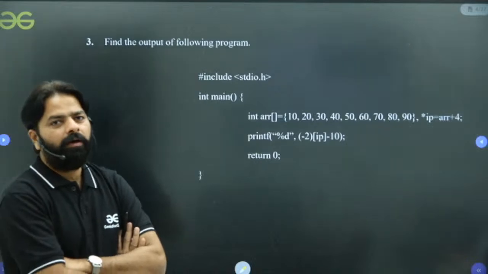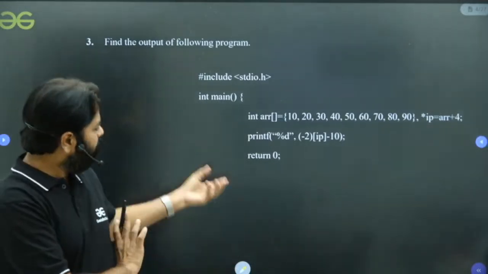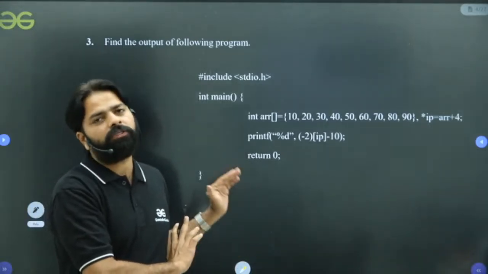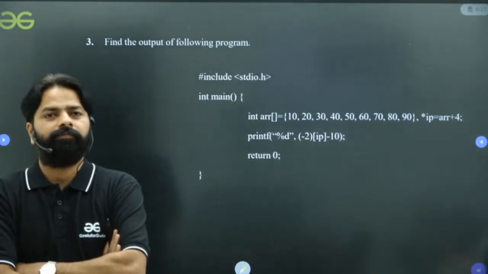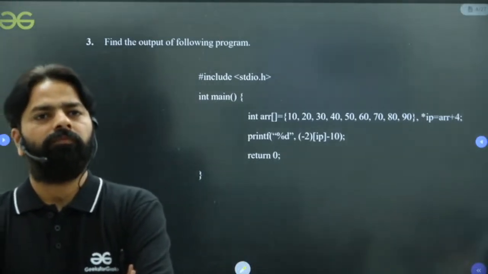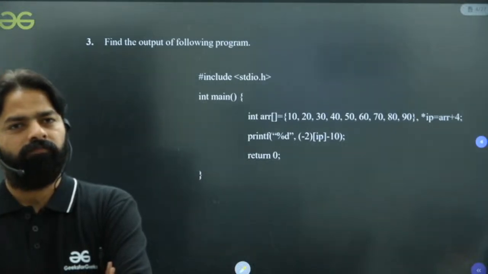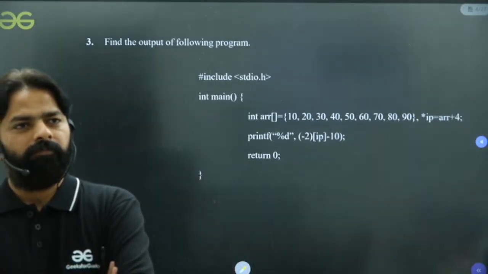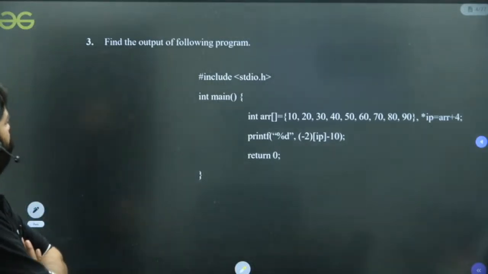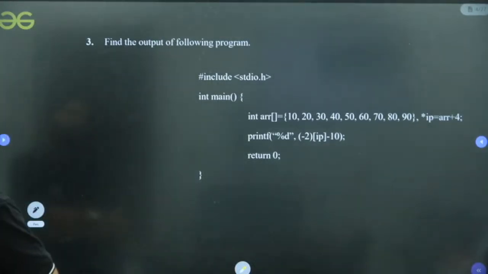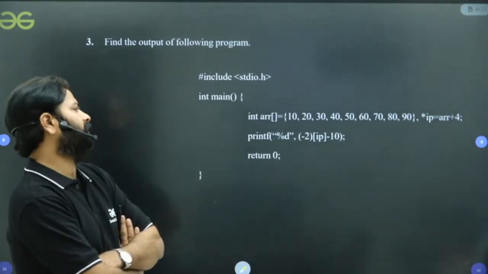एंड ये भी है, मोस्ट ऑफ द सी प्रोग्रामिंग क्वेश्चंस आर न्यूमेरिकल आंसर टाइप। ये भी याद रखना, आपको ऑप्शंस नहीं दिखता है तो न्यूमेरिकल आंसर टाइप बहुत सारे सी प्रोग्रामिंग क्वेश्चंस होगा। तो फाइंड द आउटपुट, फाइंड द आउटपुट। इसी तरह एक गेट क्वेश्चन प्रैक्टिस किया है, बट दैट वाज इजी।